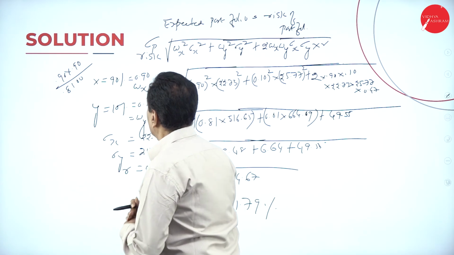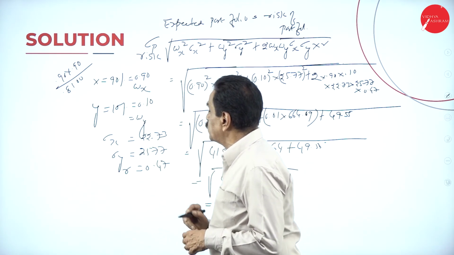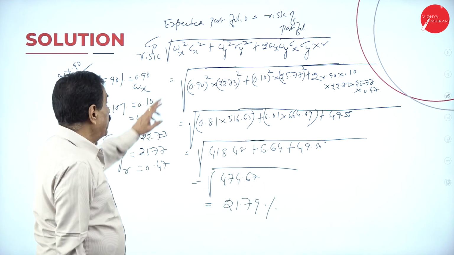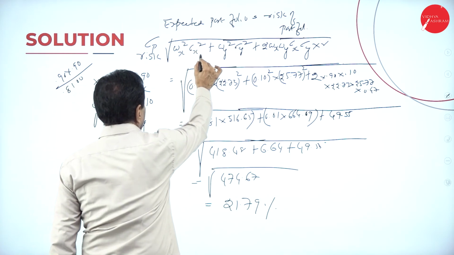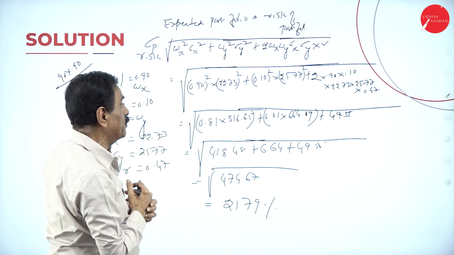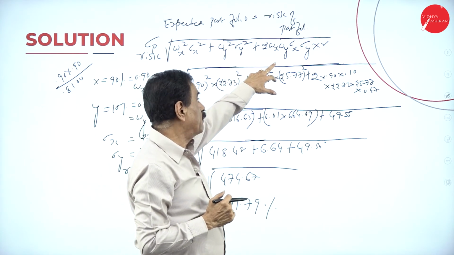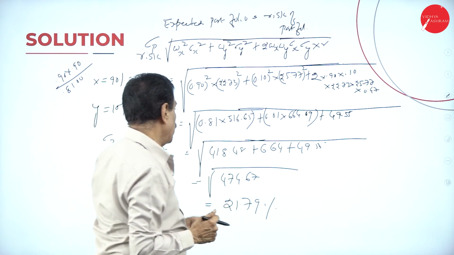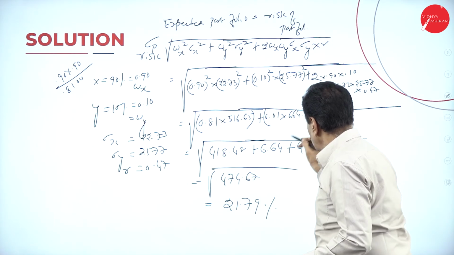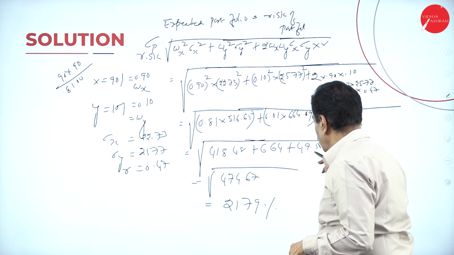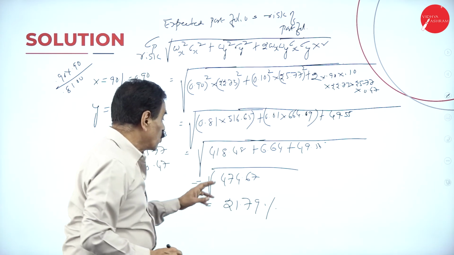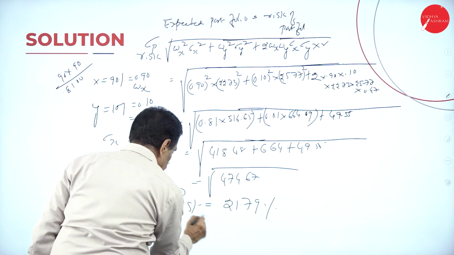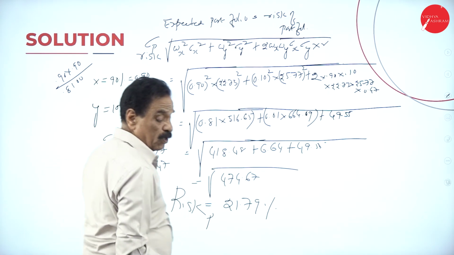Then we move on to weight. X is 90%, 0.90. Y is 10%, 0.10. Standard deviation X, standard deviation Y, and R apply here. Weight has been applied: W X whole square, standard deviation X whole square, W Y whole square, standard deviation Y whole square, plus 2 into weight of X, weight of Y, standard deviation X, standard deviation Y into R. It will come 474.70. Root of this is 21.79% risk. This is the risk of P, the portfolio risk.